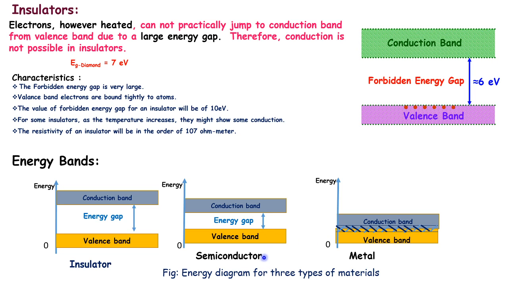So this material is neither a good conductor nor a bad conductor of electricity. That is why they are named semiconductors. In metals or conductors, the conduction band and valence band overlap, so the energy gap becomes zero. When the energy gap is zero, the resistance offered by this material is very low. That is why this material is a good conductor of electricity. In this way we separate metal, semiconductor and insulator according to energy bands.